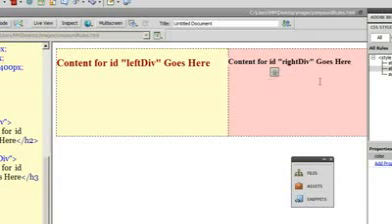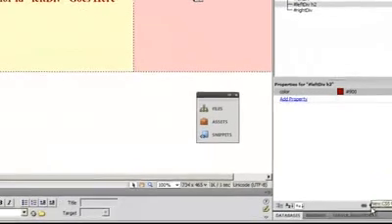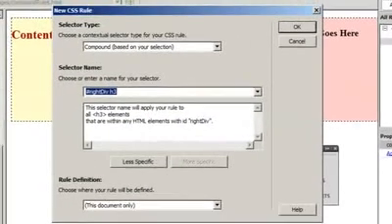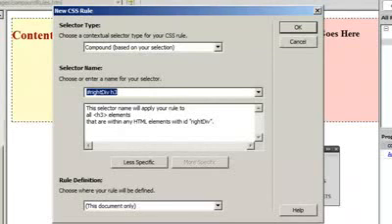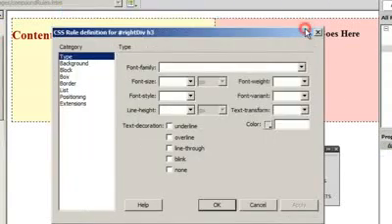Okay, next what I'm going to do is click anywhere on the text here on the right hand side in the right div. Click on the new CSS rule button down below in the CSS panel, and it clearly says that the contextual selector is compound. The name is a pound right div H3. So the rule will apply only to those H3 elements that are within the right div, and only to those elements. Not if they are in the left div or they are outside the left and the right div. It will not get applied, guys. So I'm going to say OK,